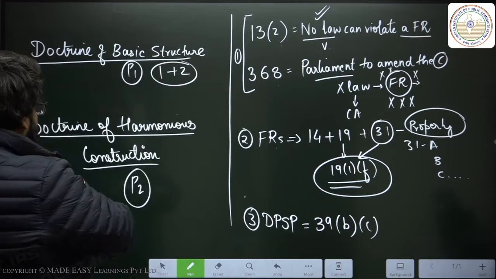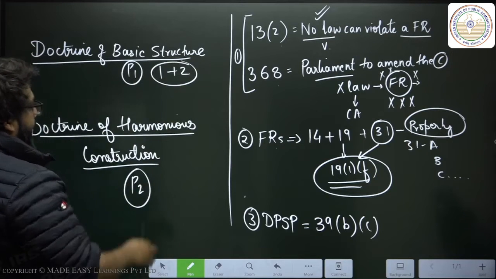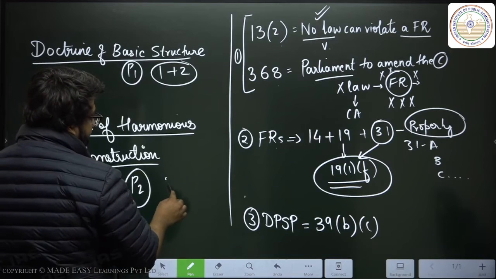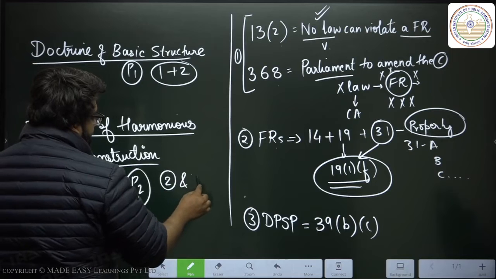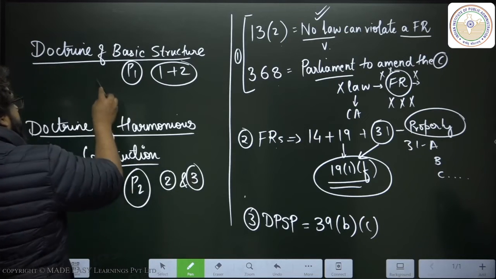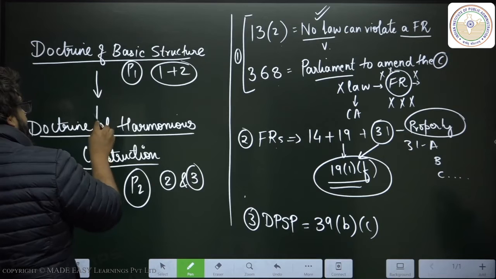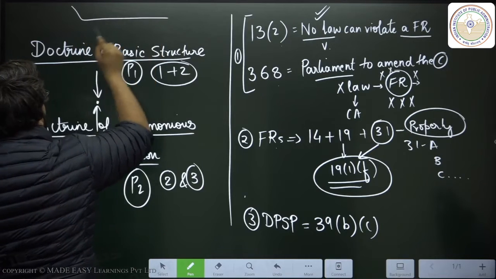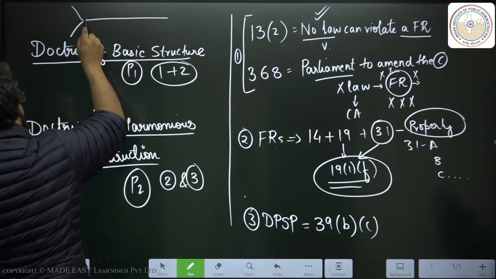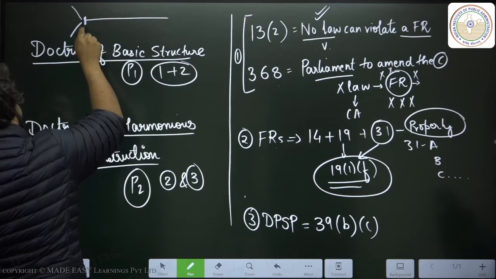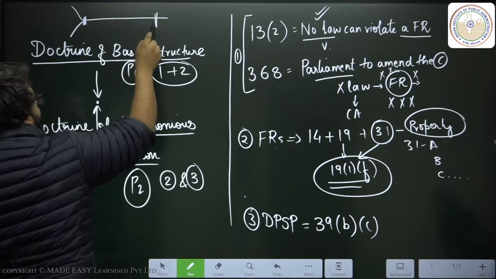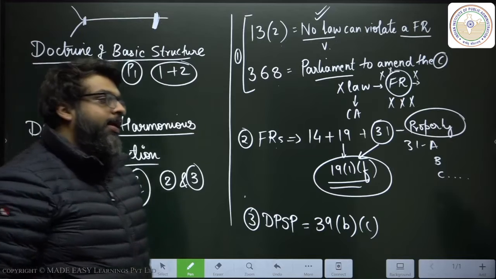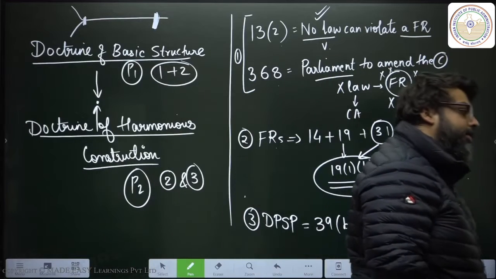And then in our second plot, in our harmonious construction, we are going to see a larger fight between 2 and 3, and both of these plots will combine at a midpoint. If this is plot 1, this will be plot 2, they will meet at a common point, and then there will be a climax to this story.